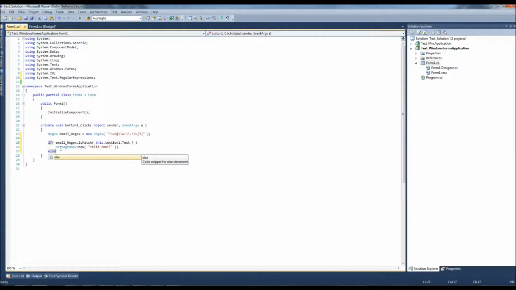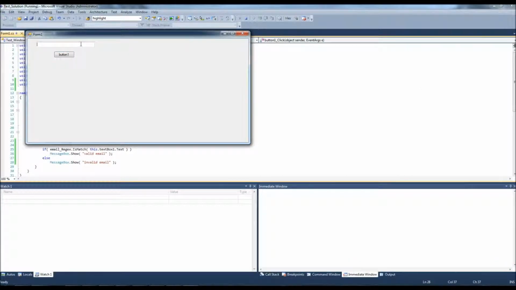Else we're going to show invalid email. If we run that application and enter some text, okay, invalid. If we enter .com, that's invalid too. But if we enter